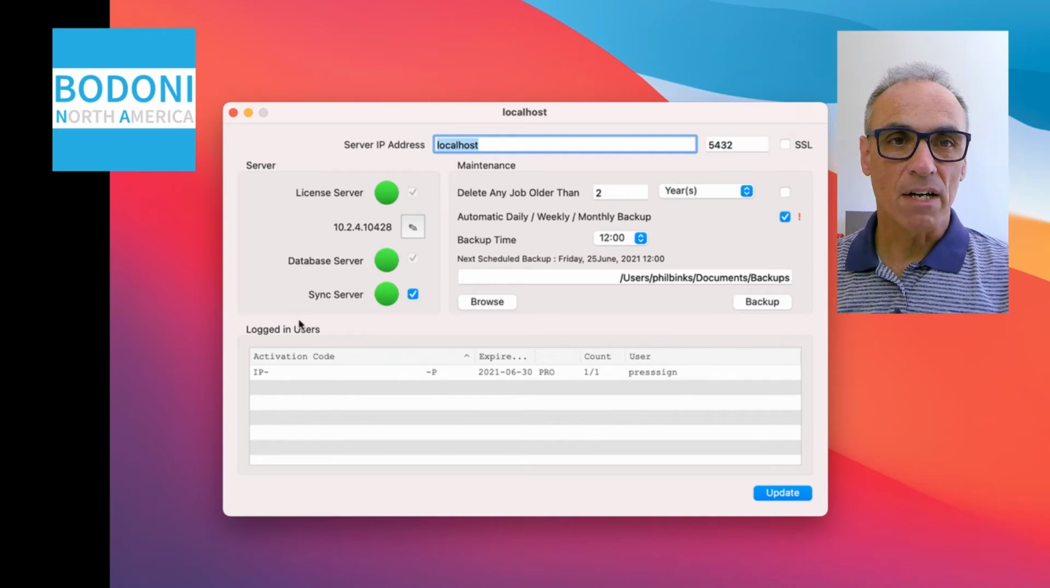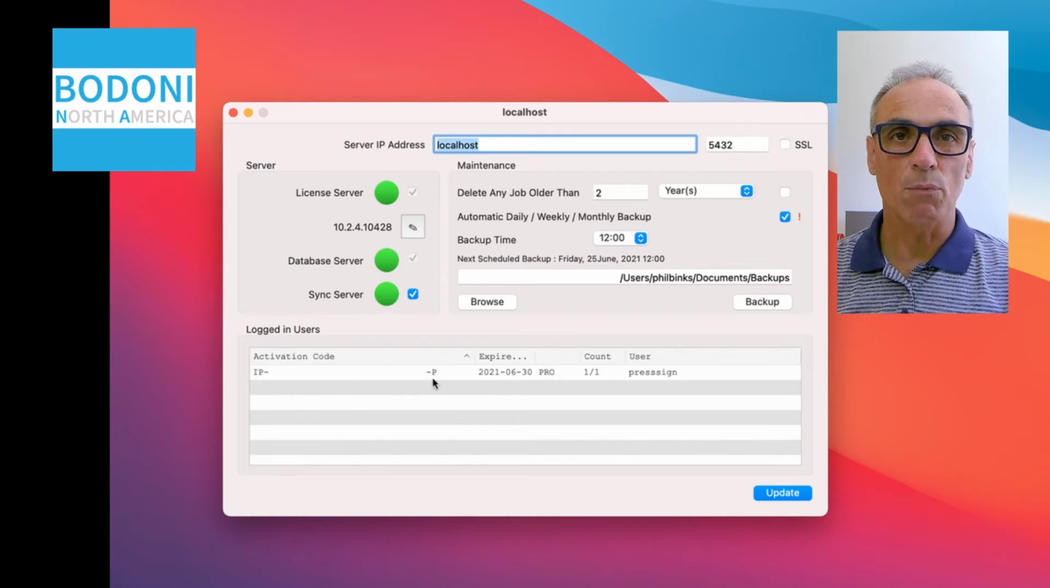The new area is the logged in users area, and this area is going to show you the activation code that's already working with your pressSIGN. So here's a great way to find the existing activation codes that are working on your system. It tells you the expiry date,